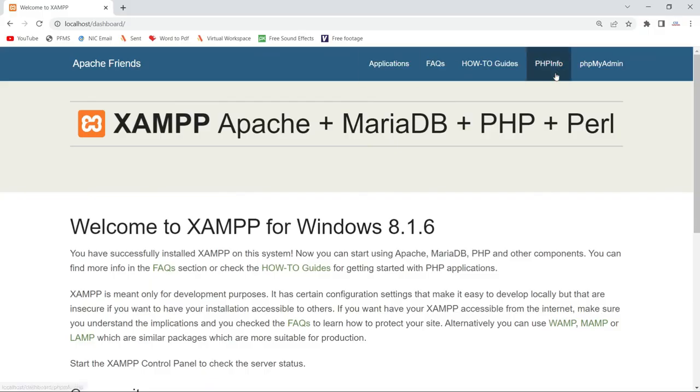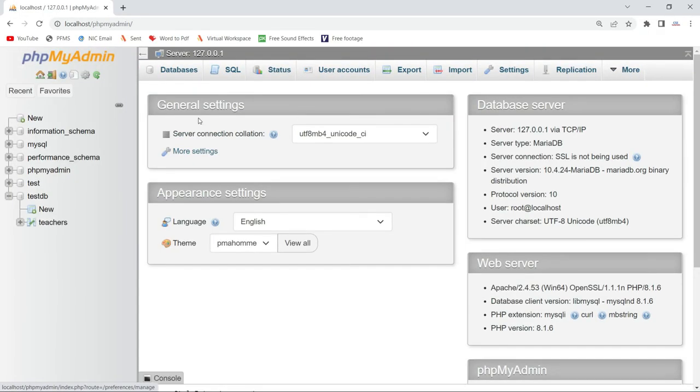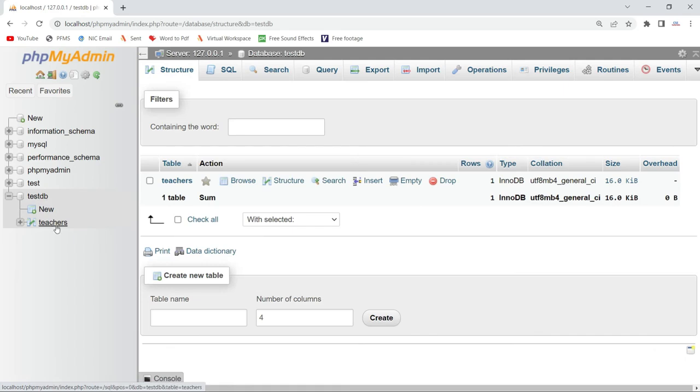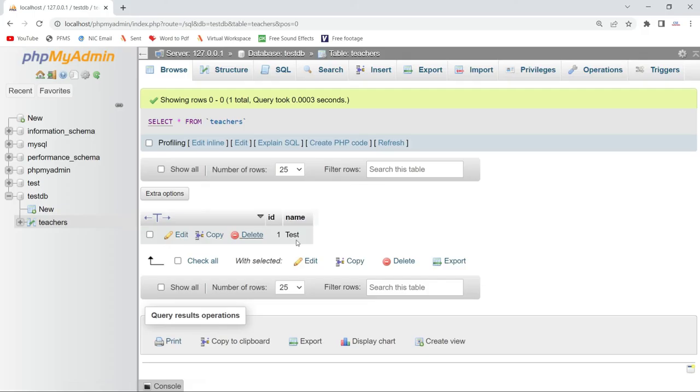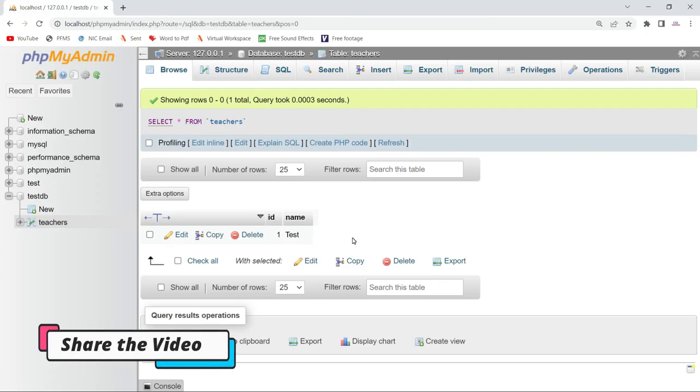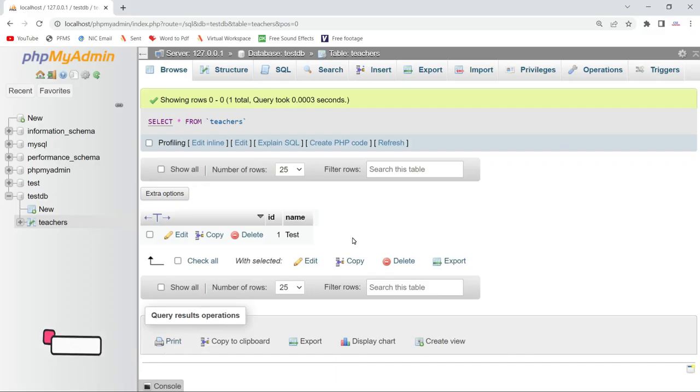localhost, phpMyAdmin again, and now you can see there is a database called testdb. If I try to open the table inside the database, you can see that it's working fine, the error has gone, and I can see the data inside my table. Before this we could not access the table. When I tried to open it, it showed the error 1932 table does not exist in engine, but now